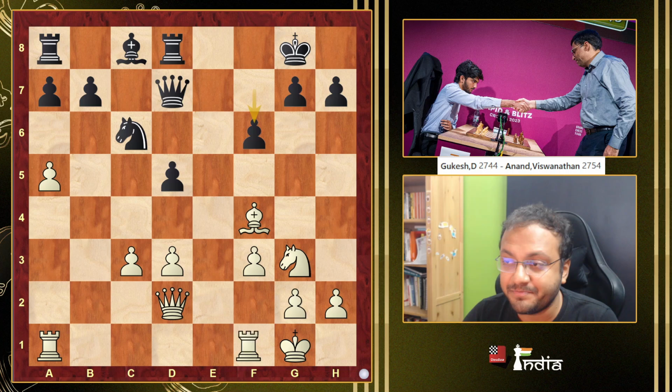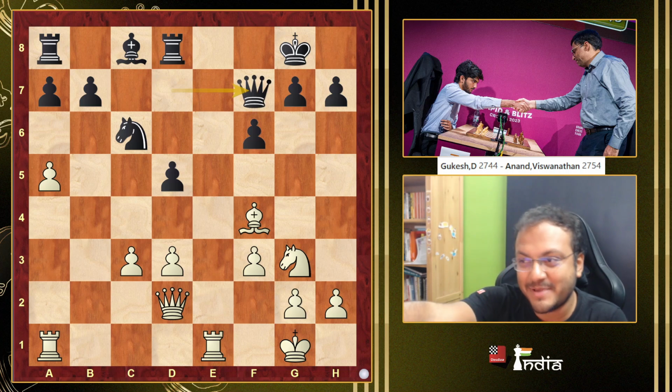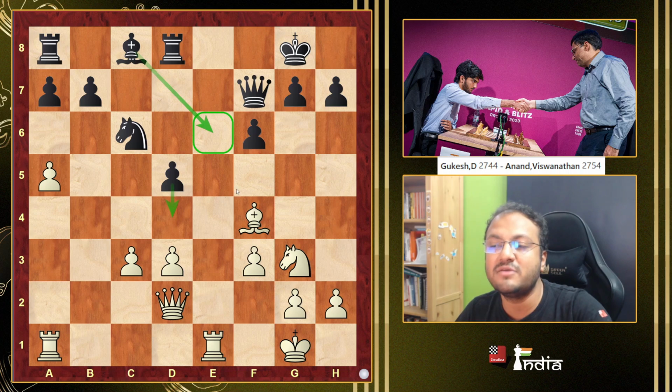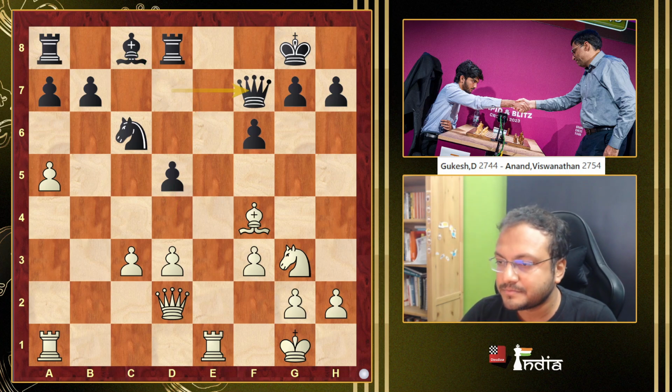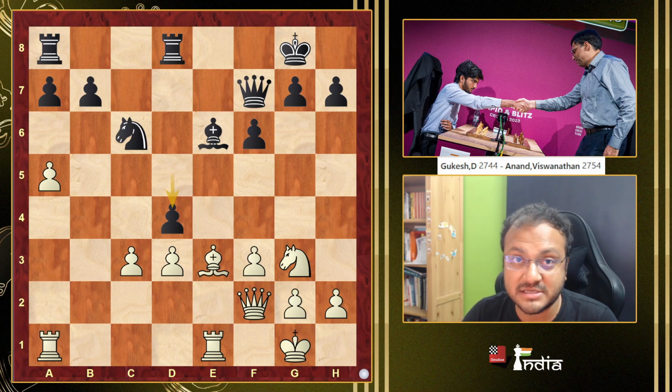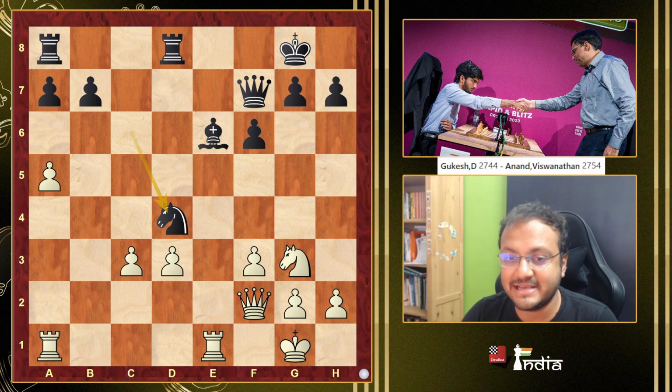I really liked it because now Vishy makes space for the queen, gets his bishop out, and he's all the time looking for this D4 break. Gukesh goes queen F2, bishop E6, bishop E3. Here I was considering this pawn sacrifice with D4. I thought it was an interesting one. But after takes